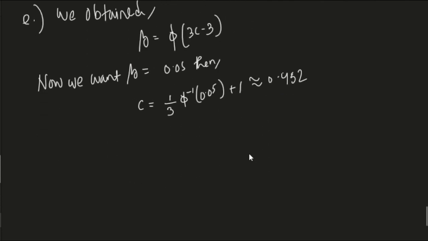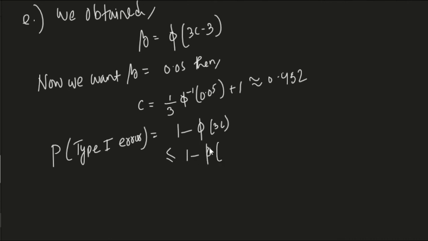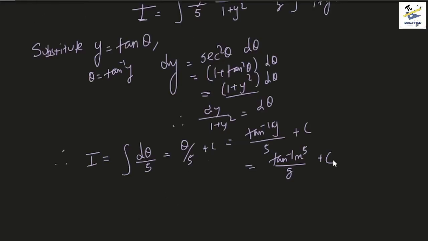Thus what we understand is we need to have c less than or equal to 0.452 to obtain this. Now we see that the smallest significance level we can achieve with this is, since significance level is the same as type 1 error, equal to 1 minus phi of 3c, and this is less than or equal to 1 minus phi of 3 times 0.452, which equals 0.0875. So the smallest